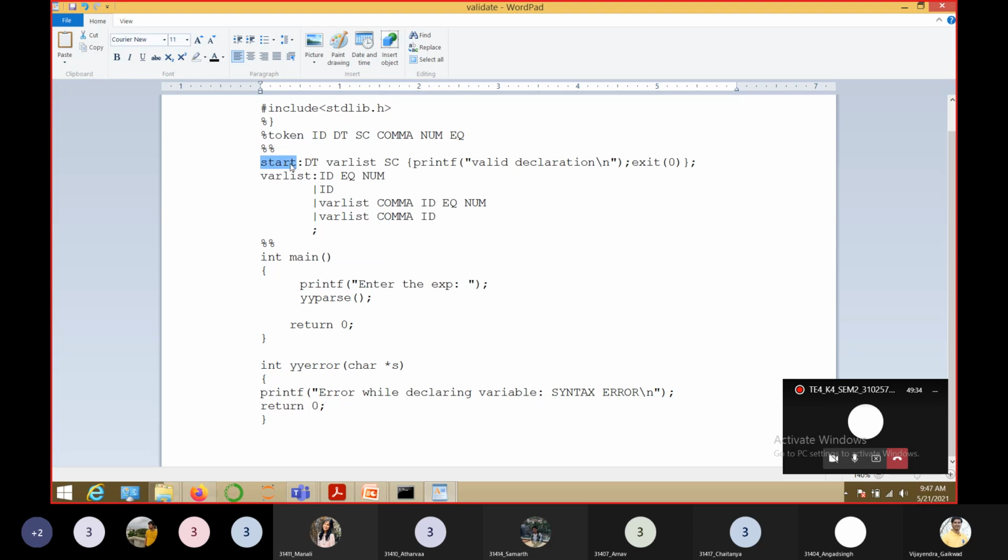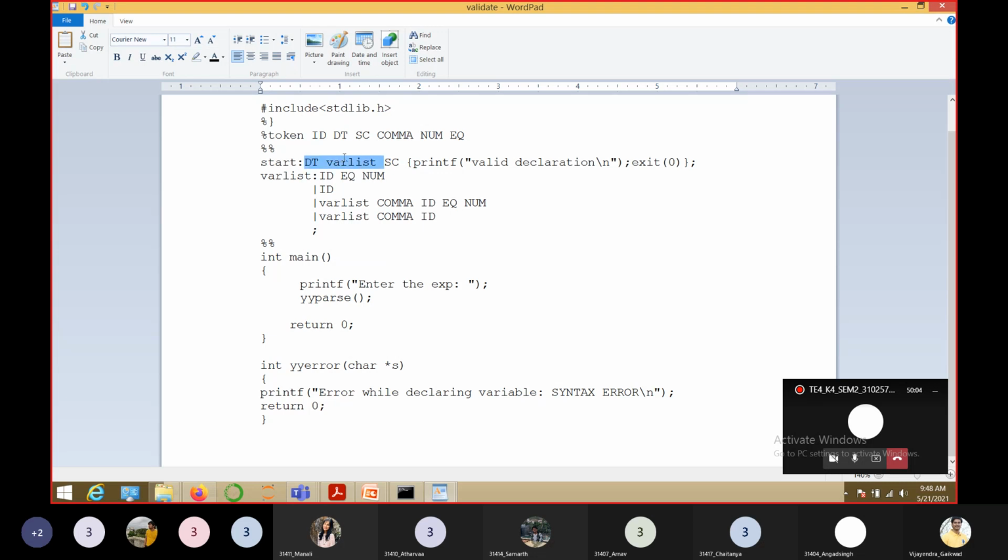By default, the start symbol in the .y file is this start, but you can use any symbol. This is the left side of the rule. In context-free grammar we used an arrow, but here we are using a colon. And what is the right side? DT, which stands for data type, then variable list, and then a semicolon.